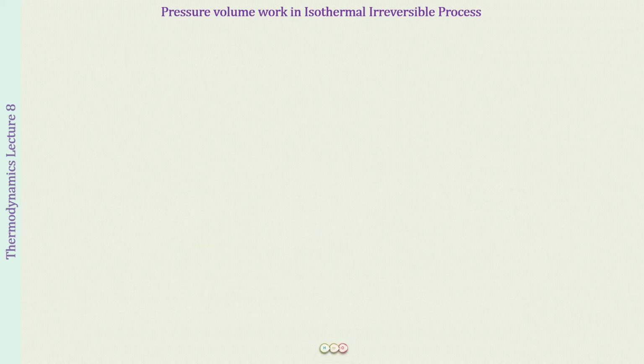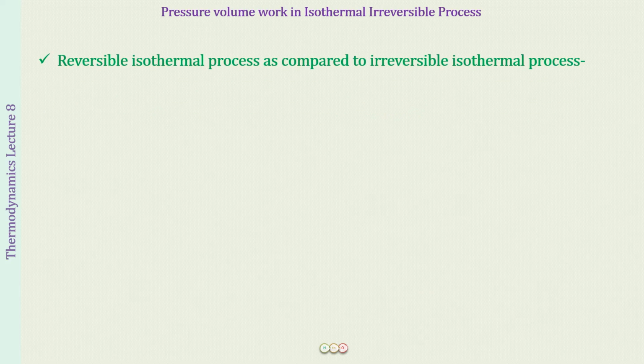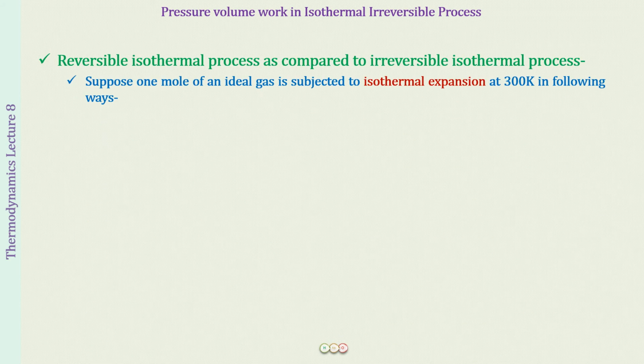So now that you have seen the PV diagrams for the reversible isothermal process and the irreversible isothermal process, you understand the difference between them. I'm going to give you two examples, two numerical questions, which will help you remember all these results very well, because numbers are very easily understood by each and every one of us. So let us see the question that we have.